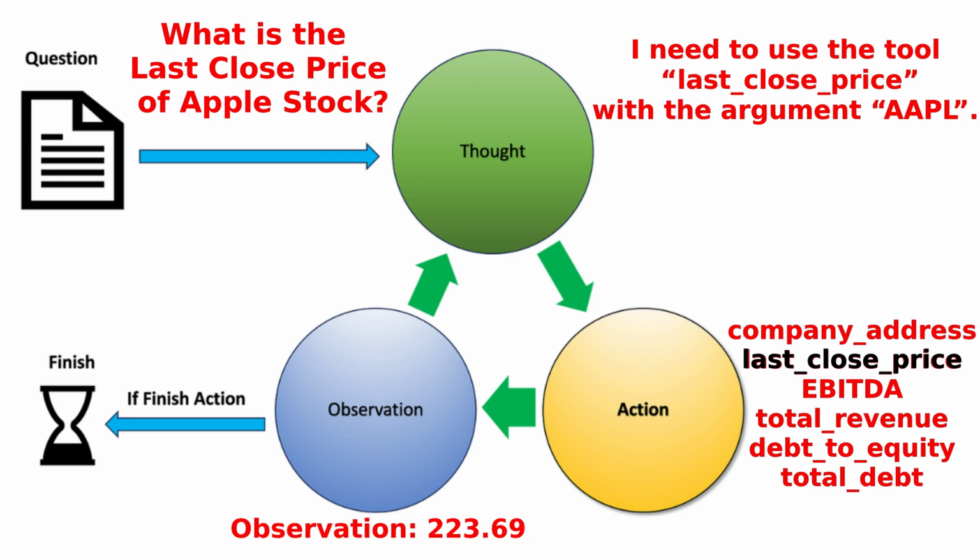Observation will be the latest close price of Apple stock. The LLM, based on the observation, will decide whether it needs to call more tools to answer the user query or if it has enough information. In our case of the last close price of Apple stock, the agent has enough information, hence it will return. If it needs more information, then it will again go into the thought, action, observation loop to call more tools